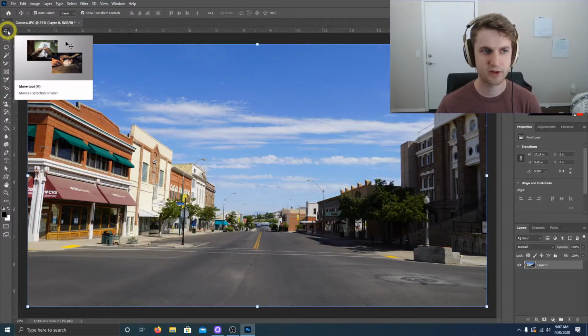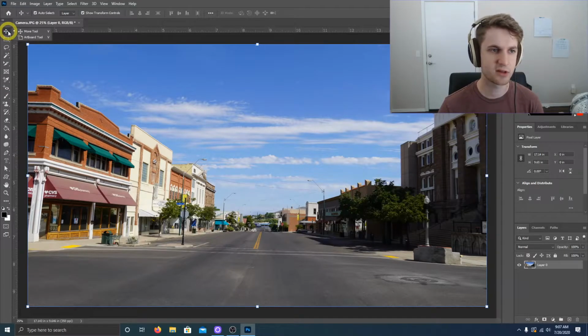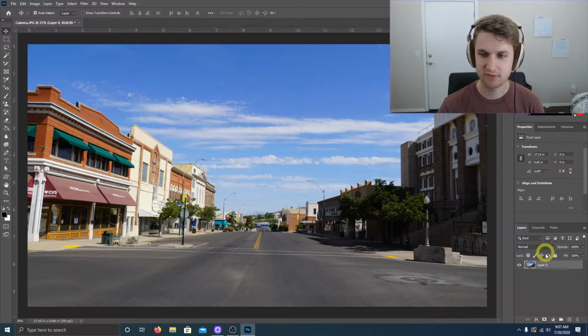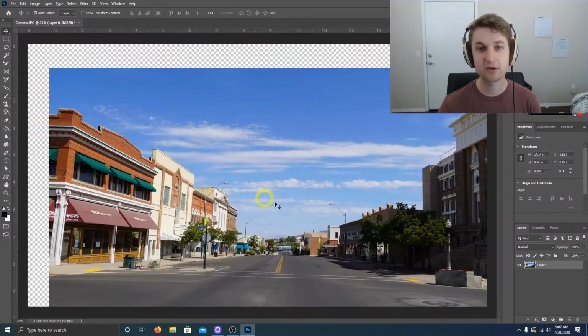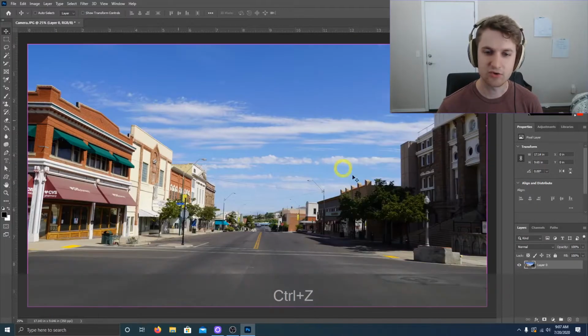And if you just hover over them, it will give you a little description with the shortcut that you need. In this case, we're not going to go through the descriptions because I'm going to talk about them. But the Move tool, it will have this little checkbox unchecked. At its basic, it'll just allow you to drag your layer around and move it like so, and Control Z to undo that